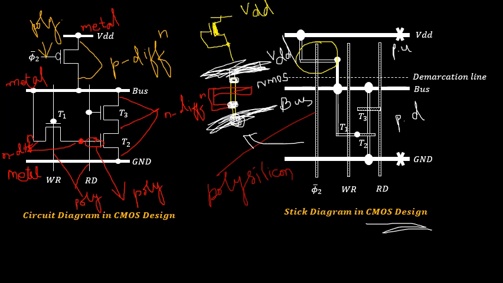Hope you understood the concept of how to draw the circuit diagram, how to explain the concept of memory operation in terms of read, write and refresh in case of 3 transistor dynamic memory cell. Also how to draw the stick diagram for a 3 transistor dynamic memory cell. In exam they may ask any concept either in NMOS type or a CMOS type. So hope you understood this.